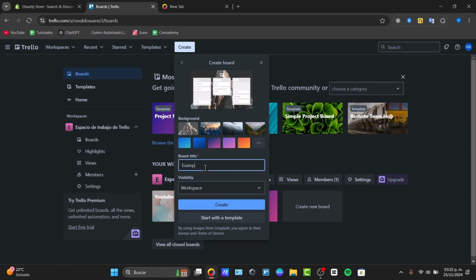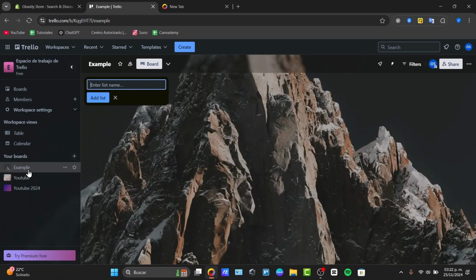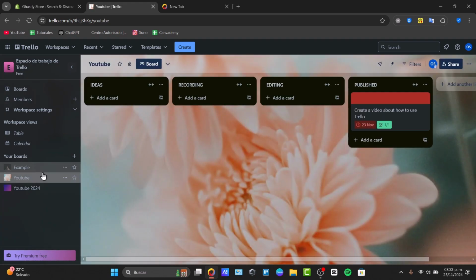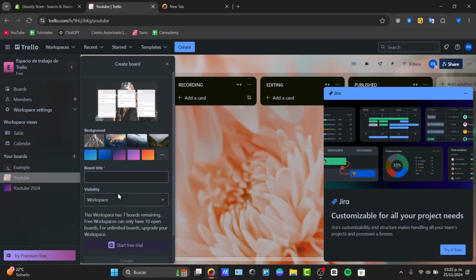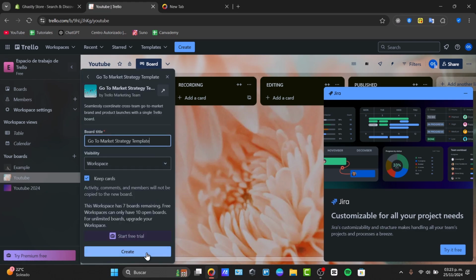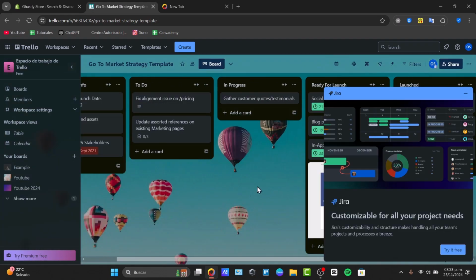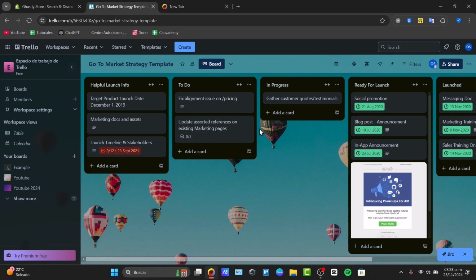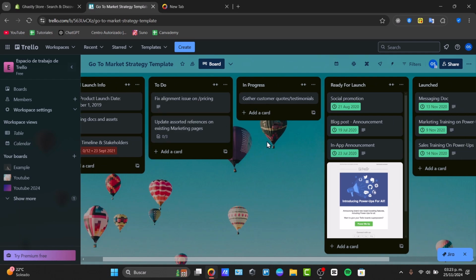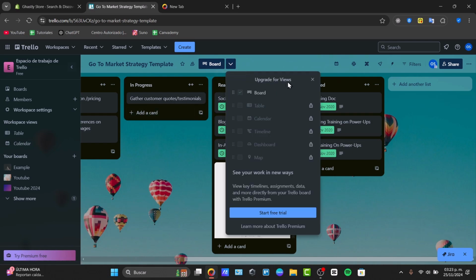So for example, let's go for an example board. Hit now to start with a template or create a template. Now in the left section we do have the board section. So if I try one free template, let's say I can start with a marketing template. If I go for create, it's going to import all of the Kanban from the template. This one has helpful launching info, a to-do list, in progress, ready for launch, and launch it. And here we have the upgrade for the views: the table view, the calendar view, the timeline, the dashboard,